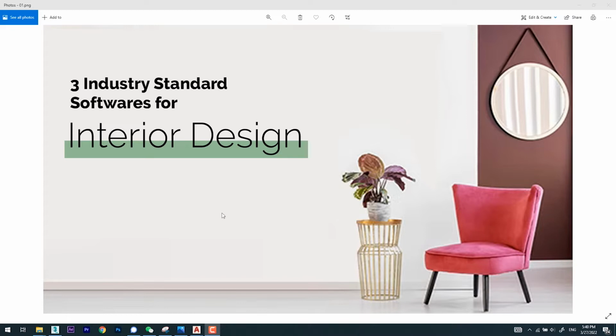This is a very vast field. There are a lot of softwares, a lot of competitors of the softwares. There's a lot of things going on, but with an experience of 5 or 6 years in this field, I have shortlisted a couple of the softwares, and I'm going to explain them in a couple of seconds. So we'll get started with